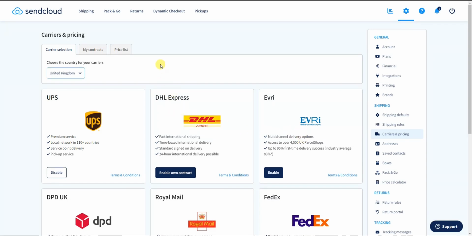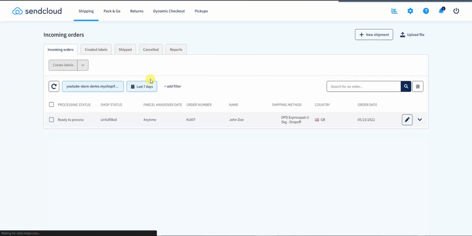And what I'm going to do now is come back over here to the home screen just to show you what it actually looks like when you start getting orders in. So we can see here I have a demo order right here, and it's going to show up here under incoming orders. So we can see that this is ready to process. What this is going to do is take all of the orders from our Shopify store and show them